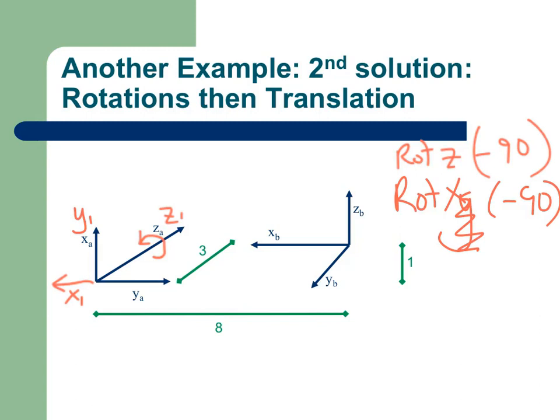And after I do that, x2 will be pointing in the same direction as x1 because we just were spinning that one. But my new y2 axis is going to be pointing out this way, and my z2 is straight up now because when I spun this, I'm spinning this around x, which is pointing sideways, and I'm spinning it in this direction, then the z sort of pops up